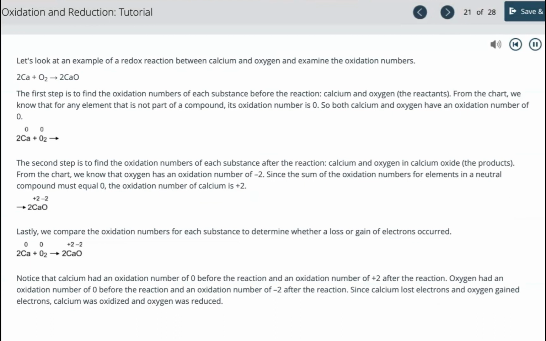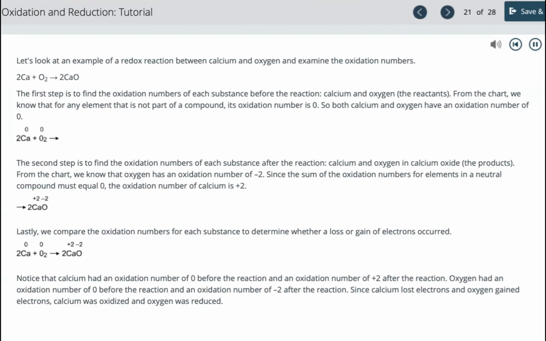Let's take a look at an example of a redox reaction between calcium and oxygen and examine the oxidation numbers. 2Ca plus O2 yields 2CaO. The first step is to find the oxidation numbers of each substance before the reaction, calcium and oxygen, the reactants. From the chart, we know that for any element that is not part of a compound, its oxidation number is 0. So both calcium and oxygen have an oxidation number of 0. 0, 0, 2Ca plus O2